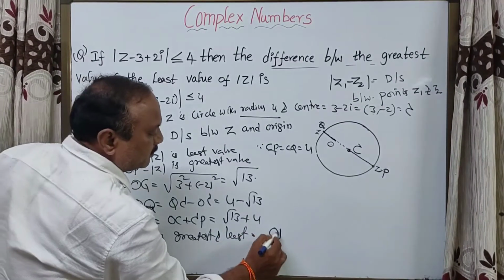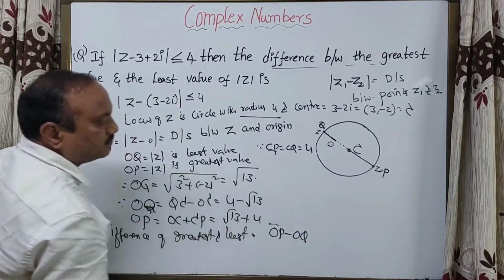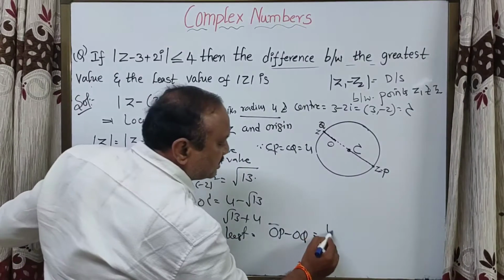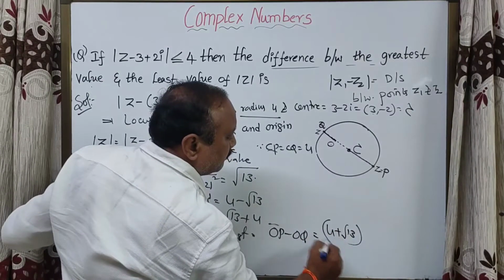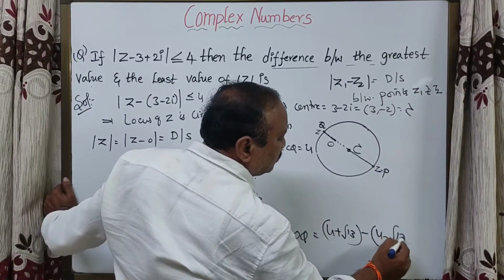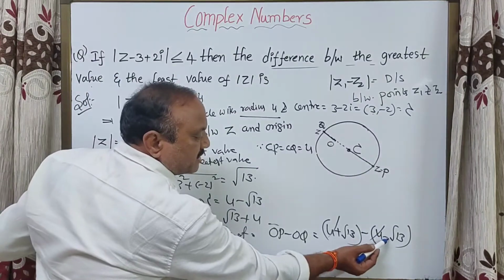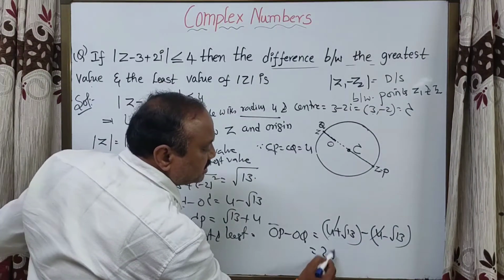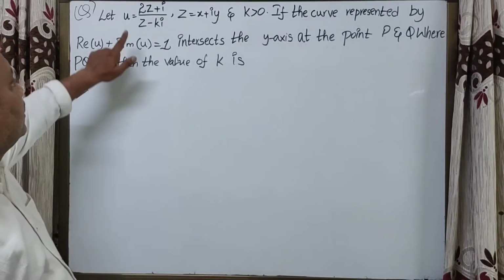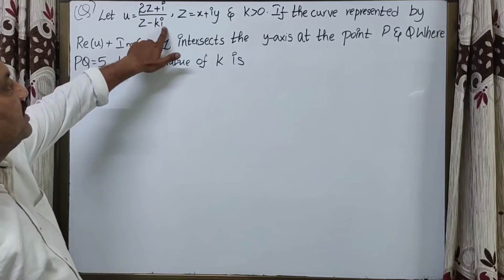OP, minus the least OQ. Here OP equals 4 plus root 13, minus OQ which is 4 minus root 13. The 4 gets cancelled. Minus into minus is plus, root 13 plus root 13, which equals 2 root 13. That is the answer. Now students,